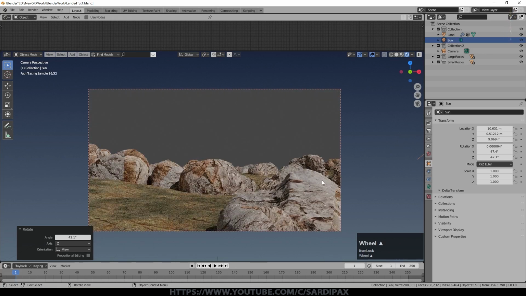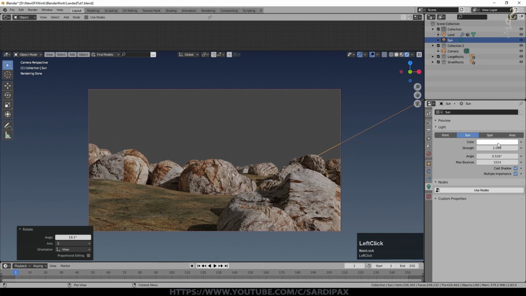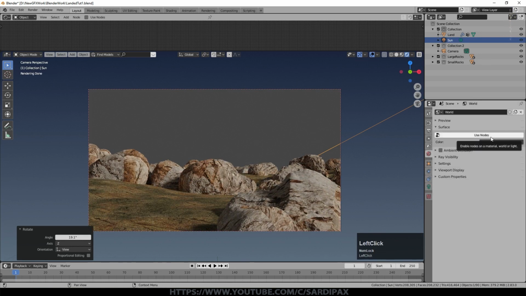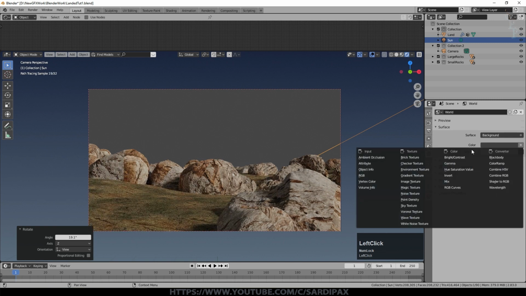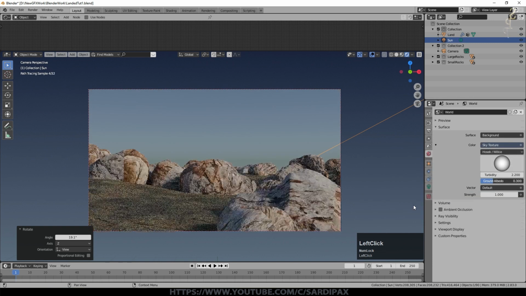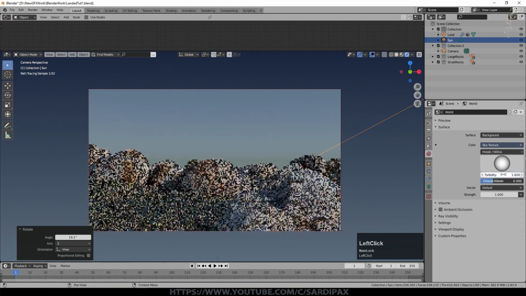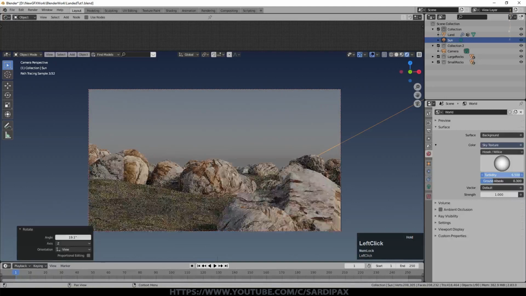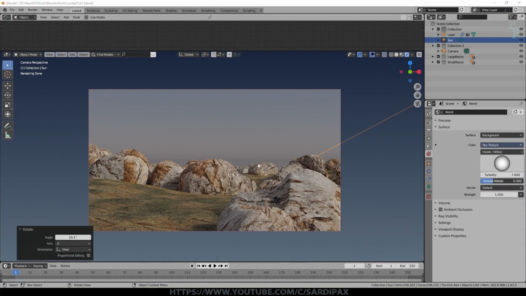And now you can see we're getting some shadows, which is helping to give form. So if we go to the sun settings now, I'll give it a slightly yellow color and we can make it slightly larger as well, which gives it a slightly fuzzier shadow. And we can go to the sky, we can say use nodes, and we could use a sky texture, for example, the automated sky texture. Because of what I'm going to do with this, I'm not going to worry about clouds or anything like that, but we can play around with things like turbidity, because that will give you some interesting effects. So we'll go with that sky for the moment, and we'll add another set of rocks.